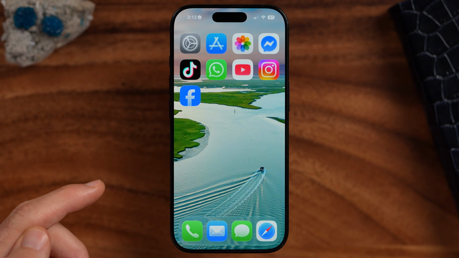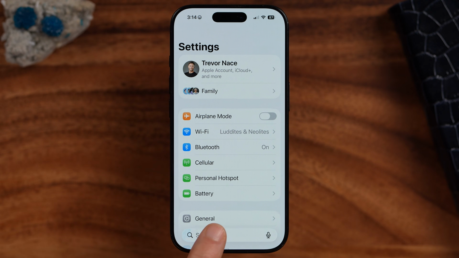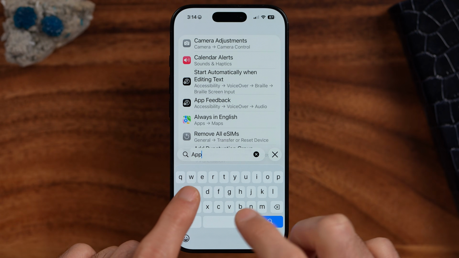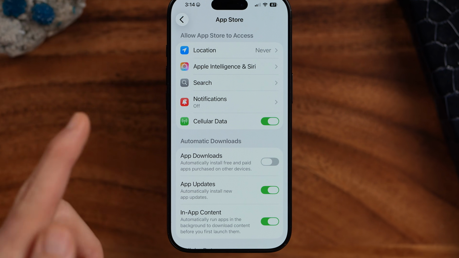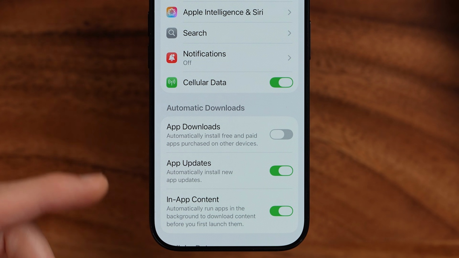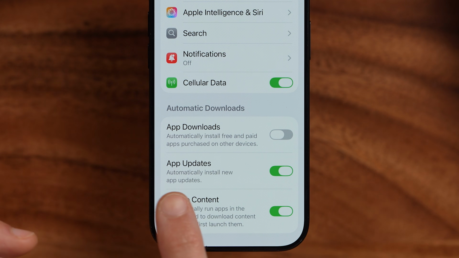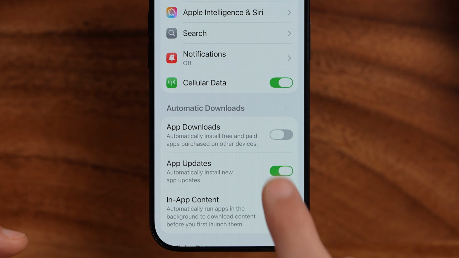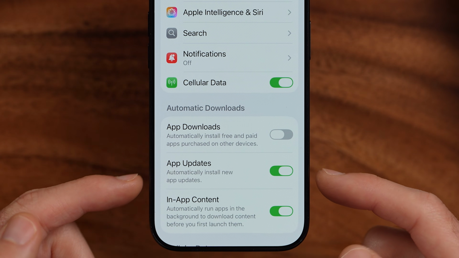The first thing we're going to do on here is head into the Settings app on your iPhone, and then just tap on Search here and search for App Store, and then tap on App Store. Now within here, instead of having to manually update all of those apps, all we need to do is toggle on app updates. It says automatically install new app updates. So if that's turned off, just turn this on to make your life a little easier and not have to